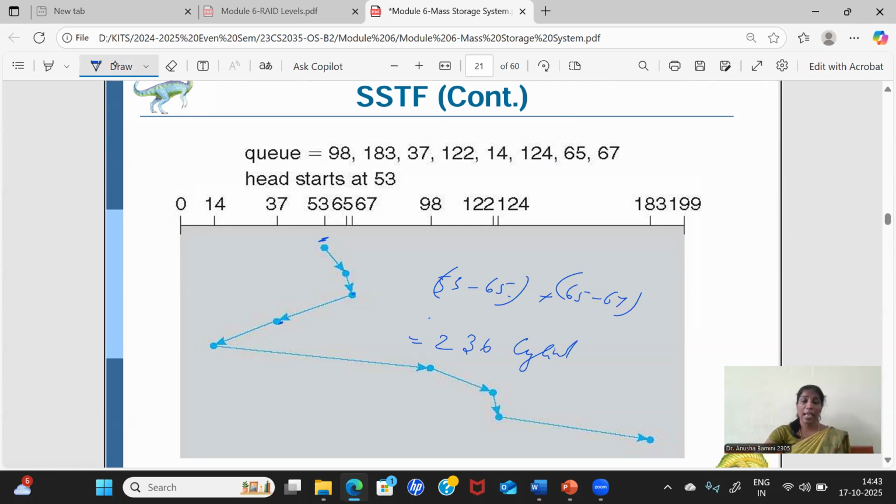For the same problem, the first concept is FCFS. There, the disk is traversed for 640 cylinders. Same question, same requests. The disk traverses only 236 cylinders in shortest seek time first. So your operating system will always consider the best algorithm. So this is the second concept, SSTF. And the next one is